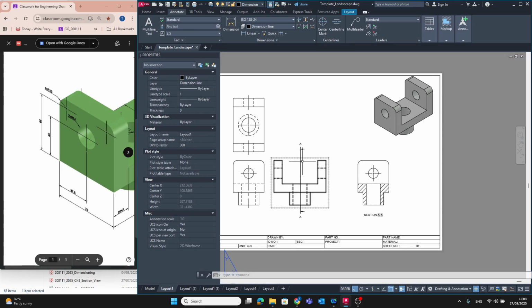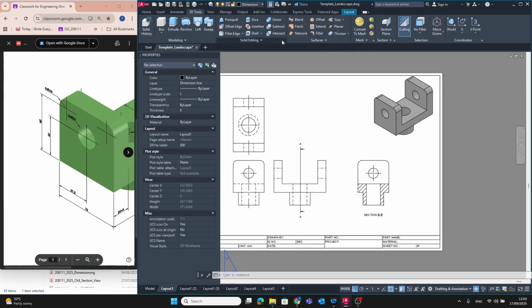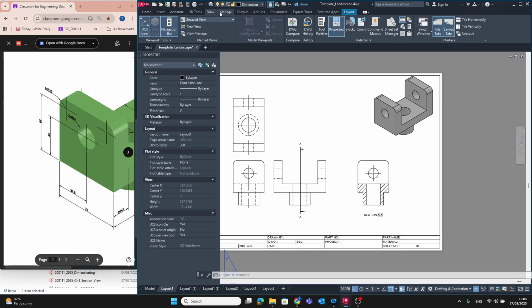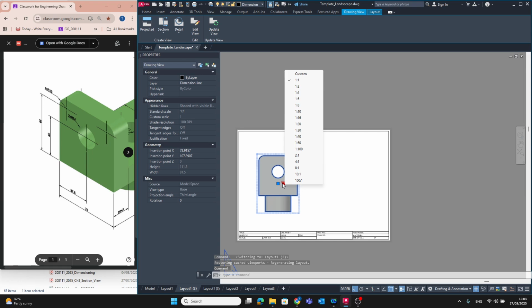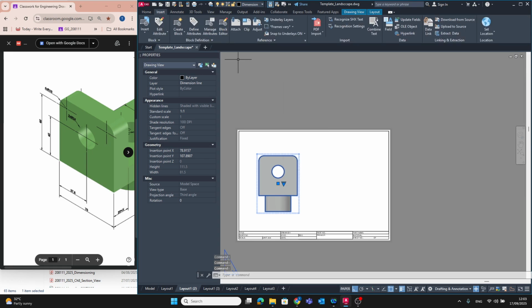The next thing that we are going to do is add the bill of material in here. So if you have the object here, adjust the position to a nice location, and then you can